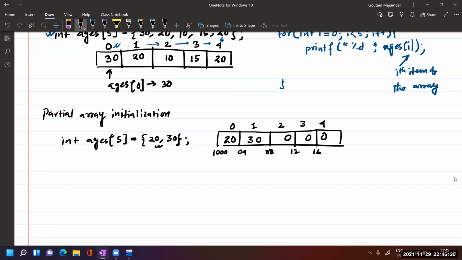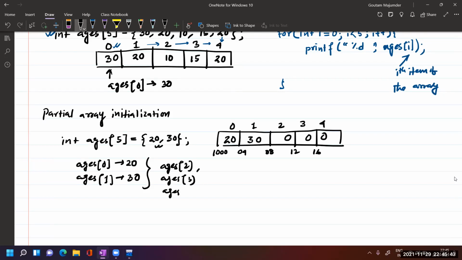So here, ages of 0, what is the value? 20. Ages of 1, what will be the value? 30. And what about the others? Ages of 2, ages of 3, and ages of 4, all values will be 0.